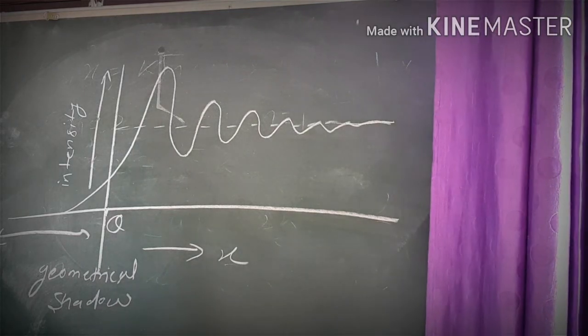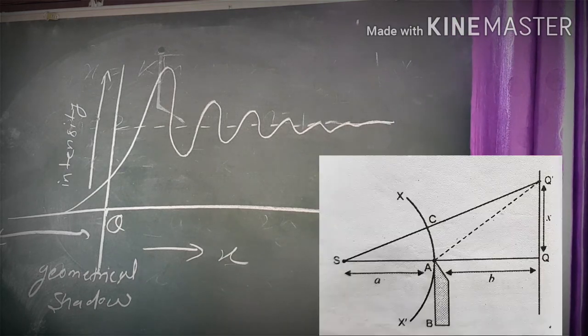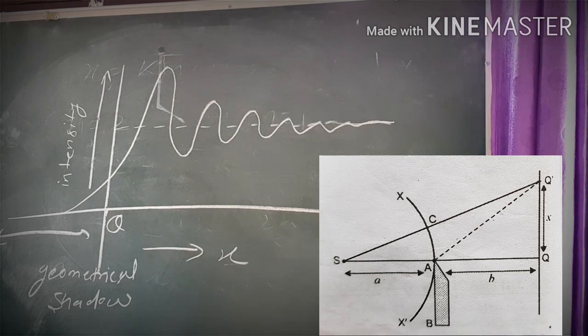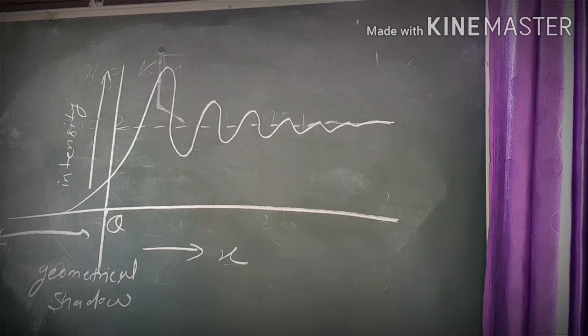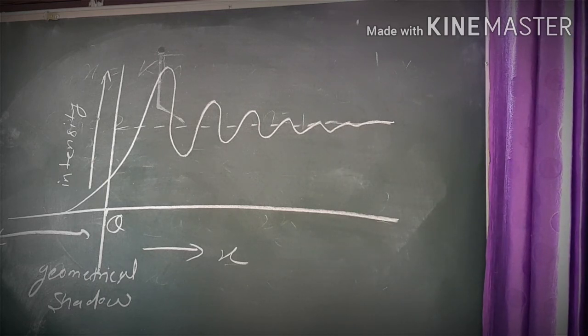The intensity at any point in the geometrical shadow region is due to the wavefront above the point A. Below point A, the wavefront is obstructed by the obstacle. Hence, according to the wave theory, obstacle shadows in the path of light are not sharp, and hence rectilinear propagation of light is only approximately true.